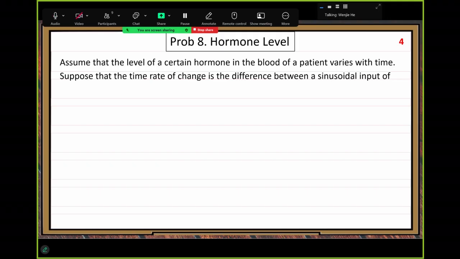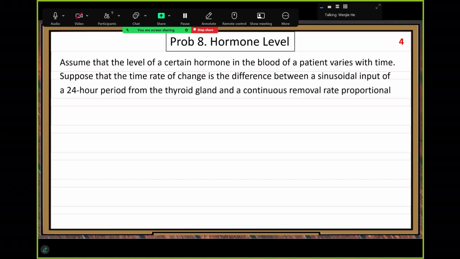Between the first one, a sinusoidal input, some function related to the sine function, an input of a 24-hour period from the thyroid gland, and a continuous removal rate,